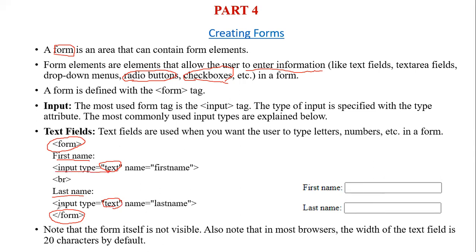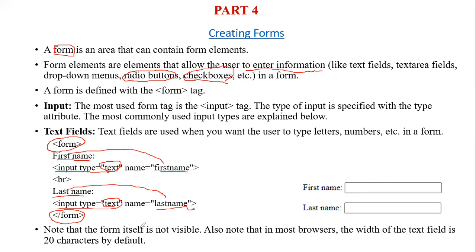These are the same things. See, input type equal to text, which means that you can enter ABCD or you can enter 1, 2, 3. And here the name is first name, and here you change it to last name because here you have a last name. So these are just the same thing, only the change. Okay, so again, you don't have to memorize. You can just copy, and then based on the things, you will change it. We are going to learn these things.